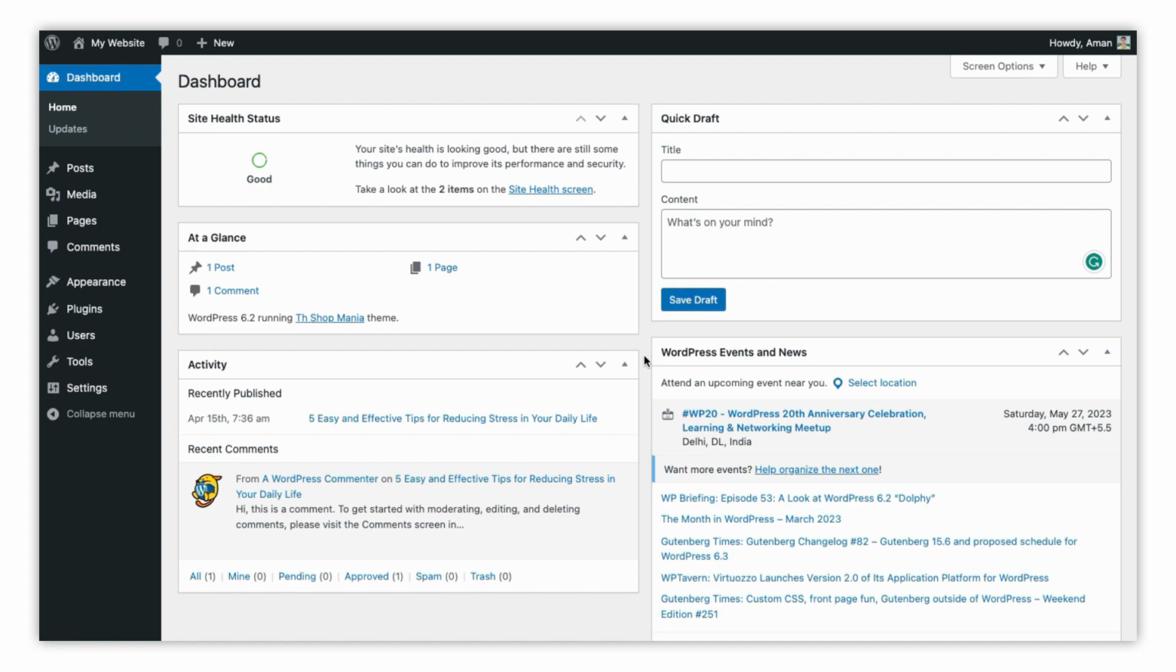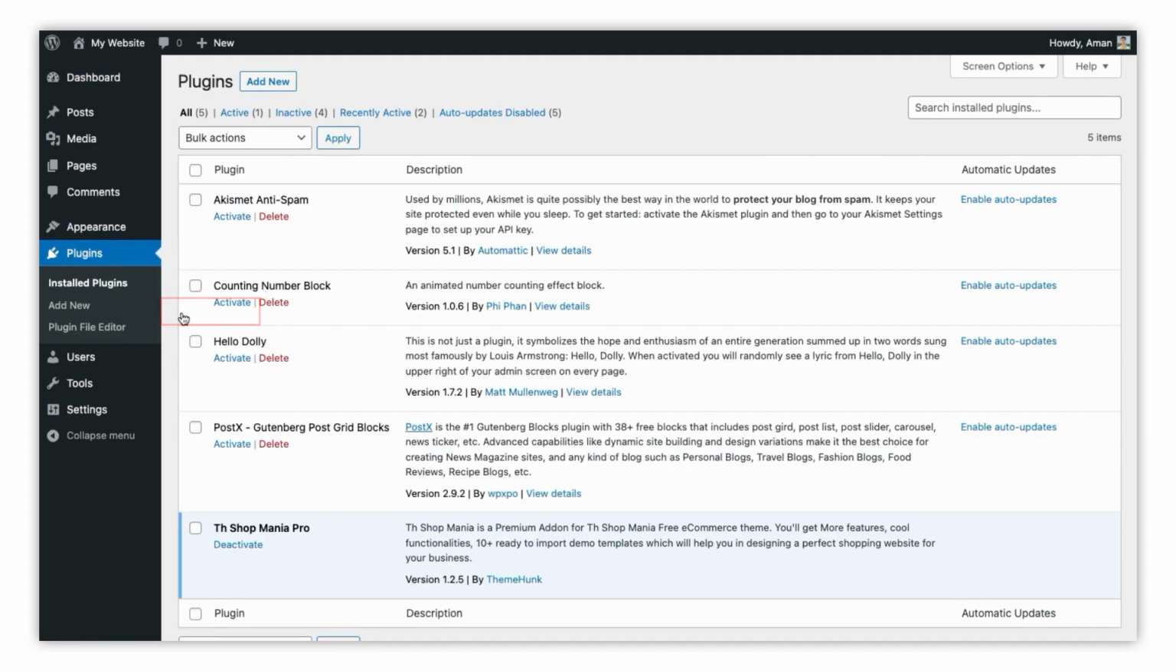In this video, I'm going to show you how to update the Shop Mania WordPress theme to the latest version. First, let's check which version of the theme we're currently using. To do this, go to Plugins. Here you'll see the version number appear. In this case, we're using version